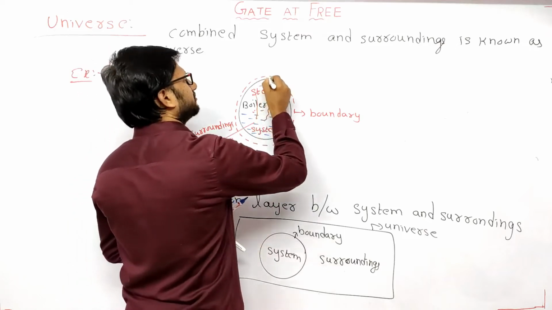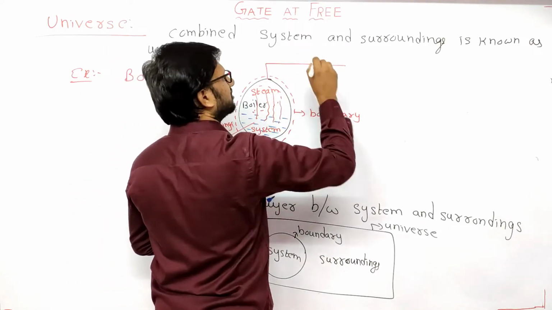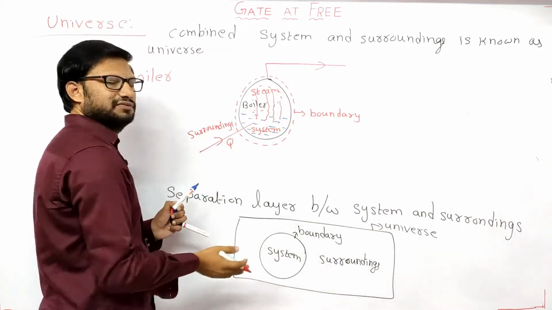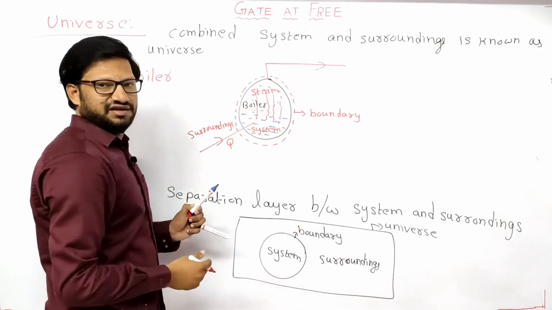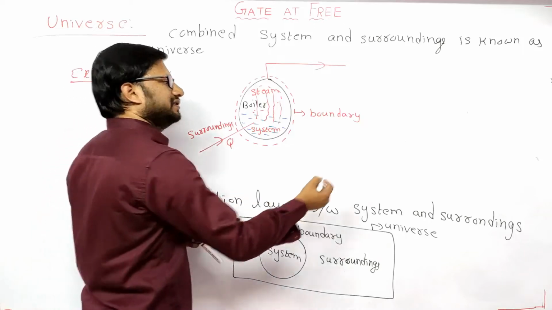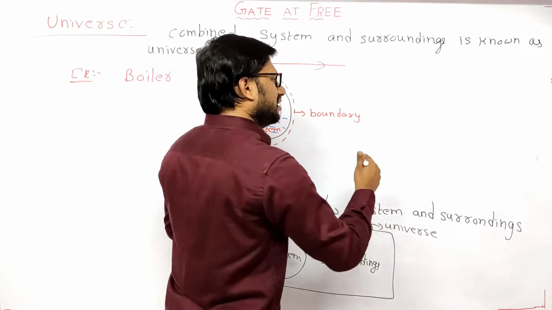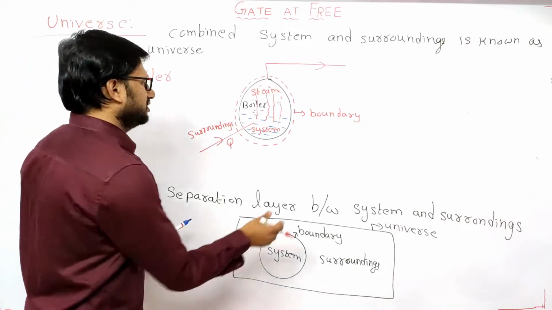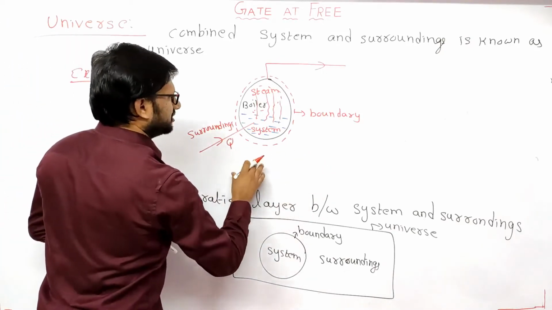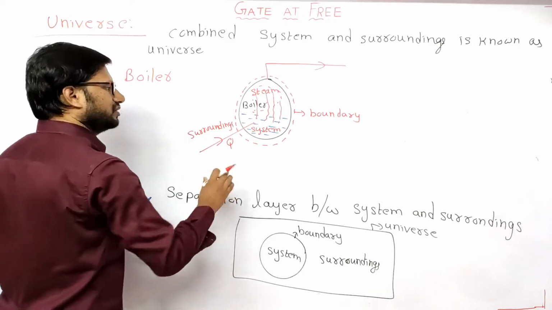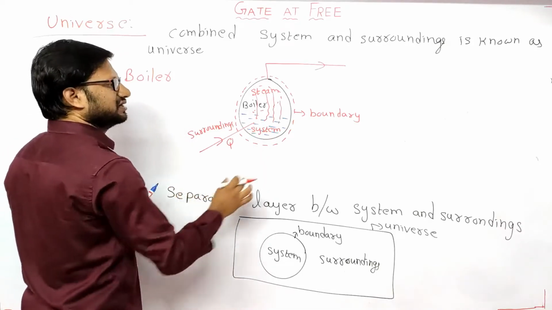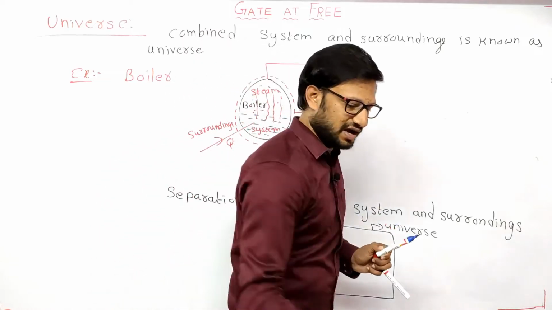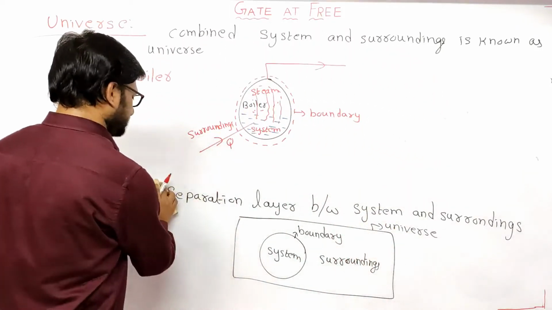That steam enters into the nozzle and subsequently it converts into kinetic energy, and from the turbine mechanical work output will be produced. So here I am simply explaining what is meant by system, surroundings and boundary. This is a simple example of system, surroundings and boundary. Next